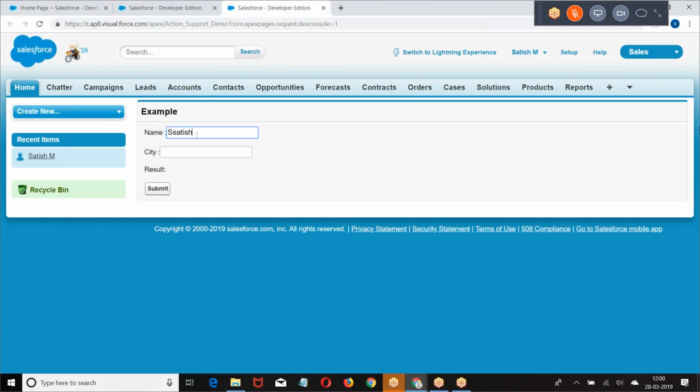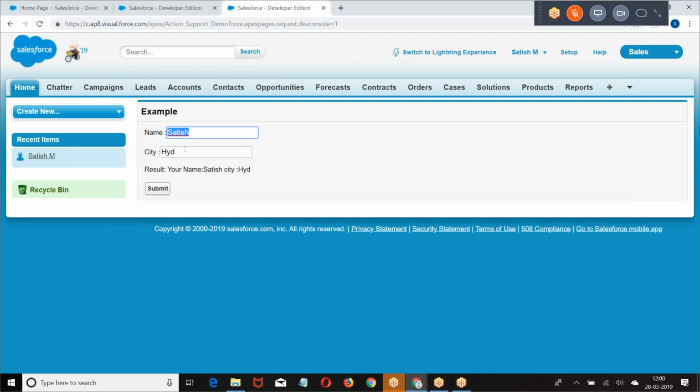Okay. When a change is occurring here, is anything happening? All right. Then I clicked on submit. When I click on submit, it went to the Apex class and invoked a method call. Now what I'm saying is, I don't want to give a button. I don't want to give a link. Now what I'm doing is, I entered the data, clicked on the button, and the button is calling the action. I don't want to give a button.